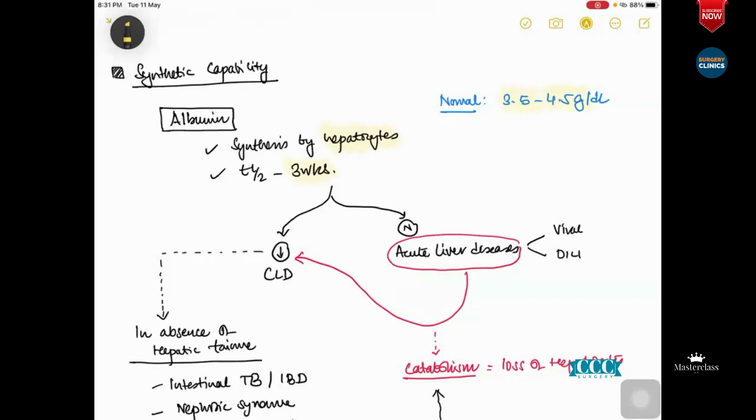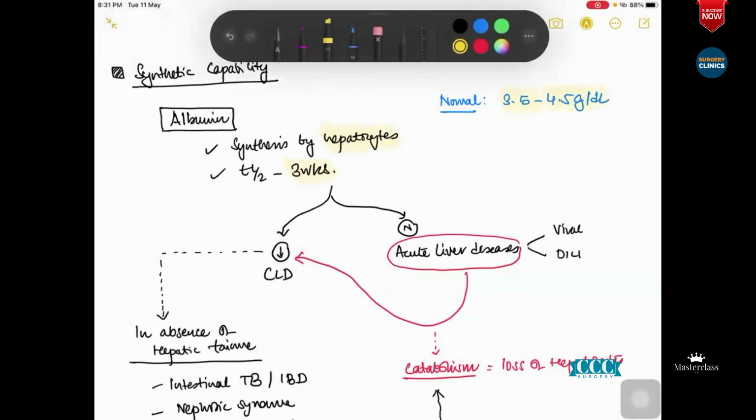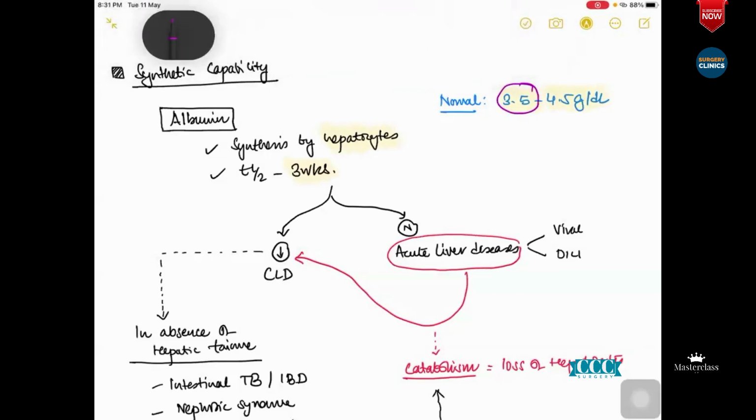Now, say you have a patient with any cancer you want to operate on. The basic target albumin that you try to keep is something around 3.5, isn't it? Because albumin gives you a marker of nutrition of the patient. So there you need to keep your albumin at least at 3.5, because you'll be worried whether the patient will have anastomotic leaks or not.